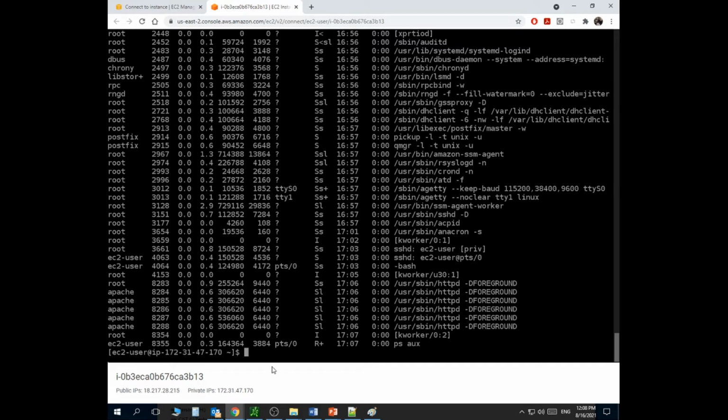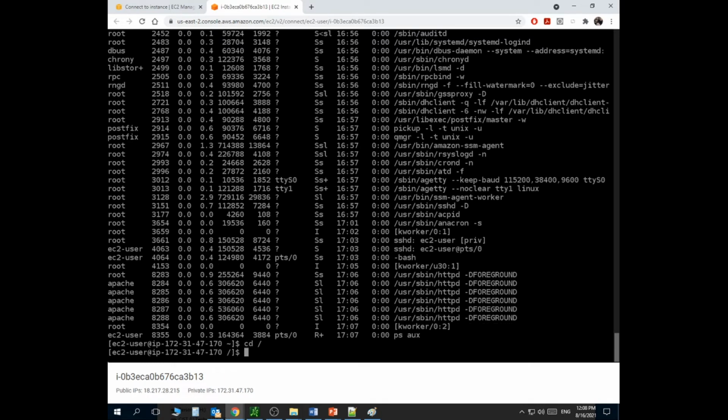Now, the question that you have to think about is, now that I have Apache installed in my system, what should I do next? And I'm going to go ahead and show you what to do next. I'm going to type cd and put / here. Let me clear. This is me moving to what we call the root directory, the head of the structure of the files. Now, if I type ls, this is going to show me all the folders that I have at